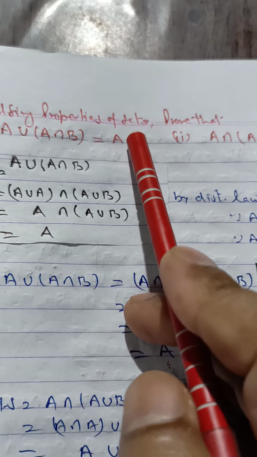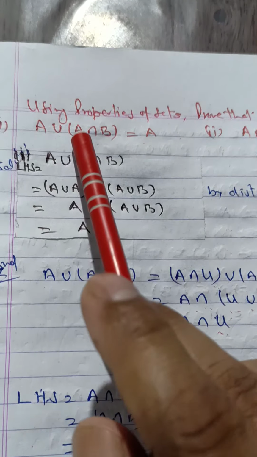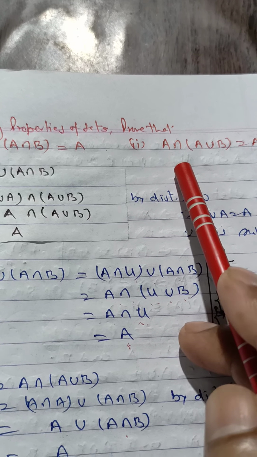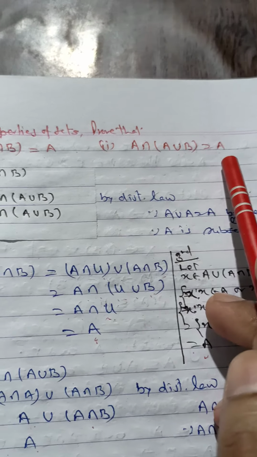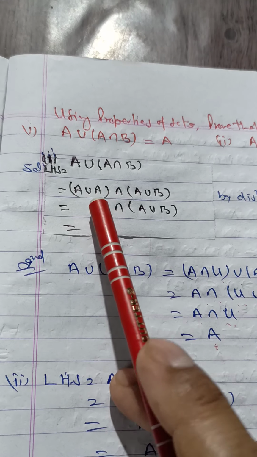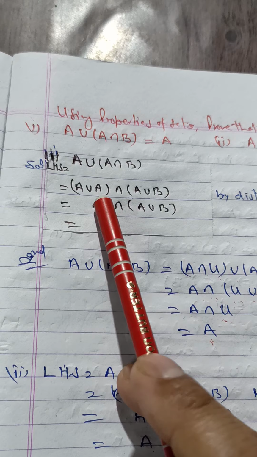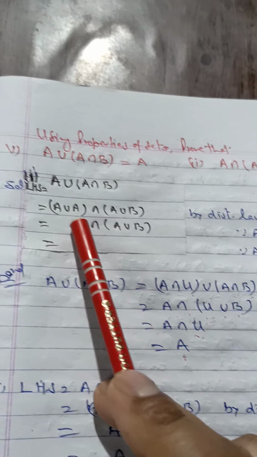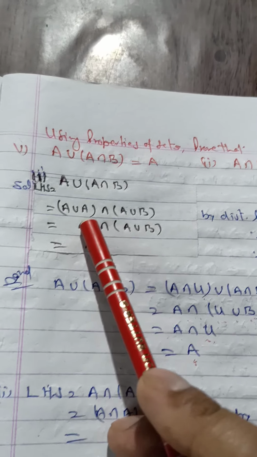Using properties of sets, prove that A union (A intersection B) is equal to A, and A intersection (A union B) is equal to A. The first part, this problem we can solve by three ways. First way,